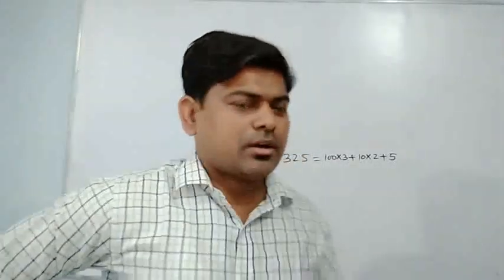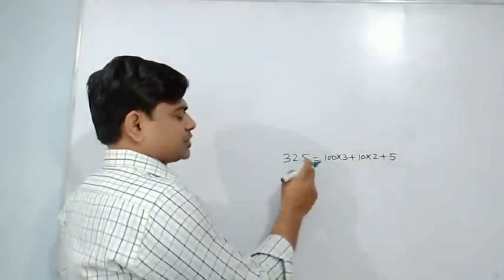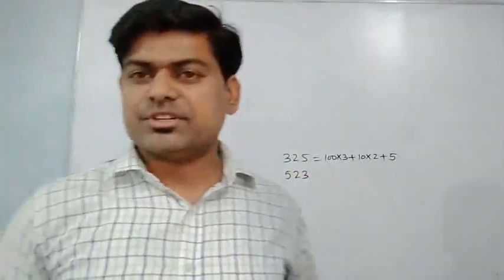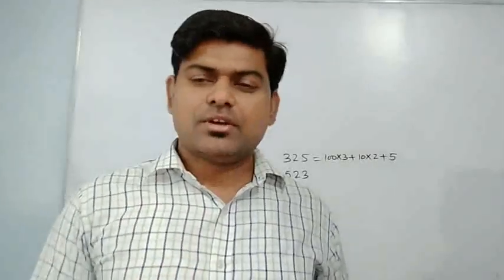A number of 3 digits has the hundreds digit 4 times the unit digit, and the sum of the digits is 14. If the 3-digit number is written in reverse form, are you getting me? Again, that's the digits we are going to reverse. Like you can see 325 can be written as 523. When we reverse the digits, it will be 523. In the same way, we will do in our question also.